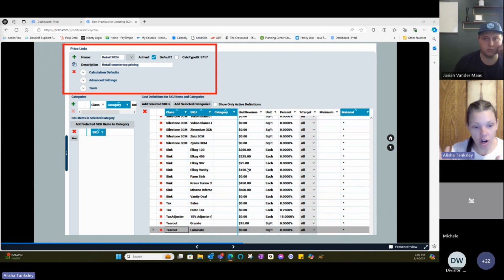Once you've got your price list set with your new prices that you want, you've renamed it, you can then go to your old one and uncheck this box. That's the active box. What that does is your old price list will no longer show up in your drop-down price list in your area module, but it will still be there for all of the quotes that were created